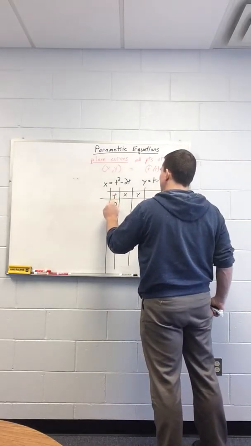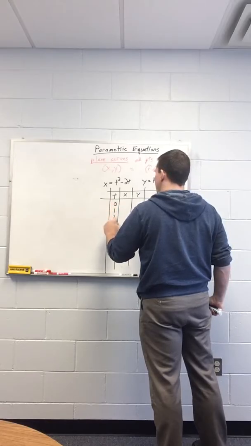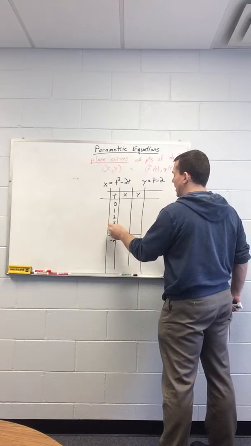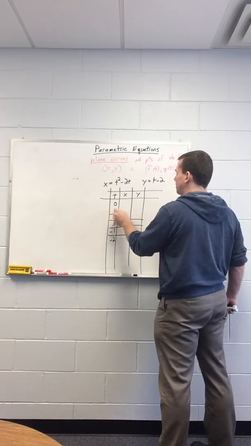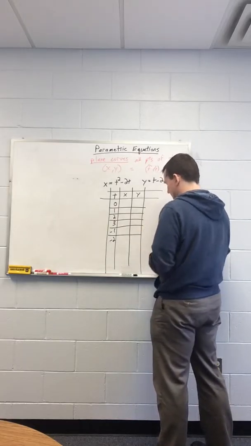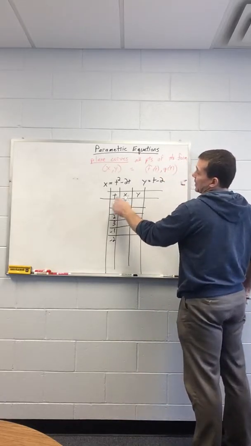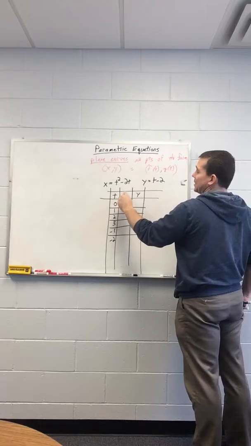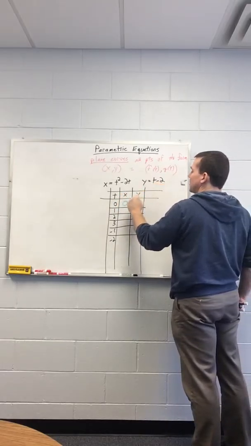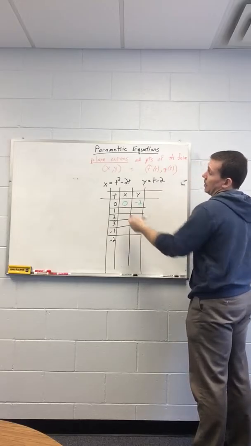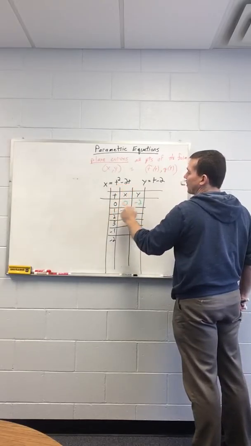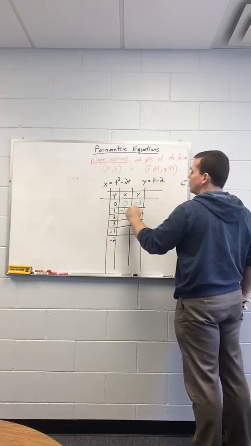Let's see, we'll start with 0, and then we'll do 1, 2, 3, and then we'll look at -1 and -2. And we should get an idea of my graph from that. So, we just start plugging in. When t is 0, x is 0 minus 0, which is 0. Y is 0 minus 2, which is minus 2. When t is 1, we get 1 minus 2, which is -1 for x, 1 minus 2, which is -1